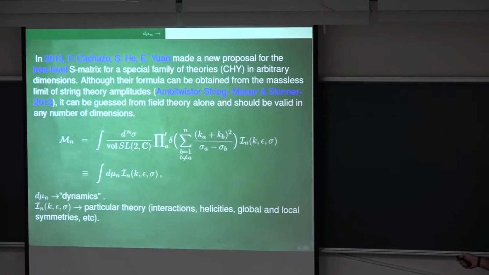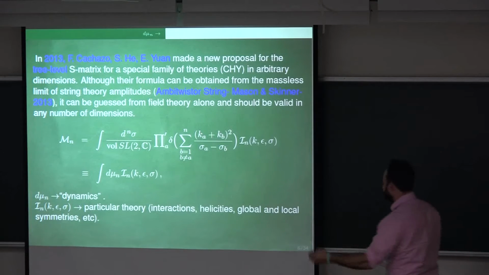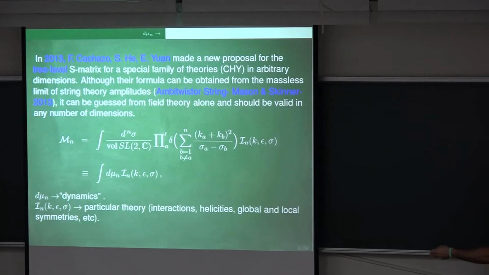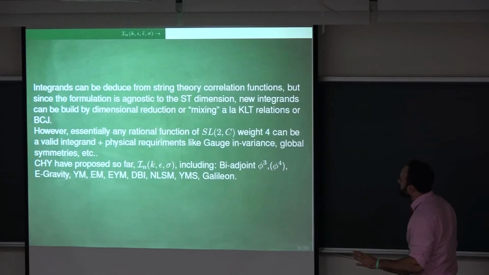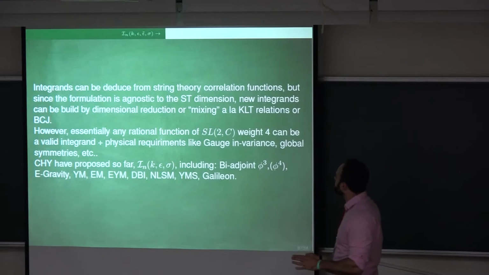There is actually an ambitwistor string theory realization of this, more explicit, but I don't want to mention that. So in summary, this piece here carries the information of the dynamics, and this piece here, capital I, carries the information of the particular theory. So it carries information about the couplings, the global and gauge symmetries, and the helicities of the particles. So now there are 2 questions to answer: how I deal with this, and how I deal with the capital I. In order to deal with capital I, we